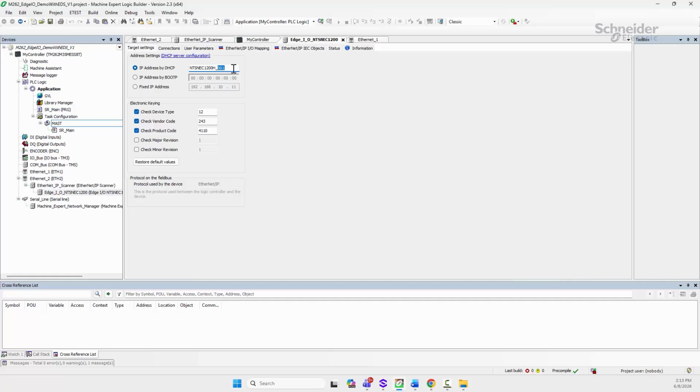So again, the advantage with that is if you ever have to replace the module, you just match the rotary switches to that address, and you'd be up and running. You would not need to reconfigure or download anything to the Edge IO. So this explains the process for the two options to map the Edge IO within Machine Expert